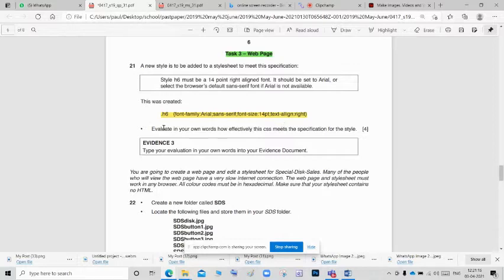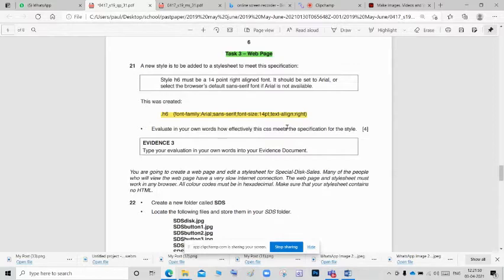See the first one, dot h6. The style is not mentioned properly. So the first point, the heading style is not mentioned properly. Next, sans serif font will not be available because the Arial font is included. Okay, so it will take the first heading. So I am going to add that point. Third point, the font size is correct. So the font size 14 point specification is correct. Next, I am going to give text align. See the text align. The align spelling is wrong, so it will not work. So this is our evaluation.